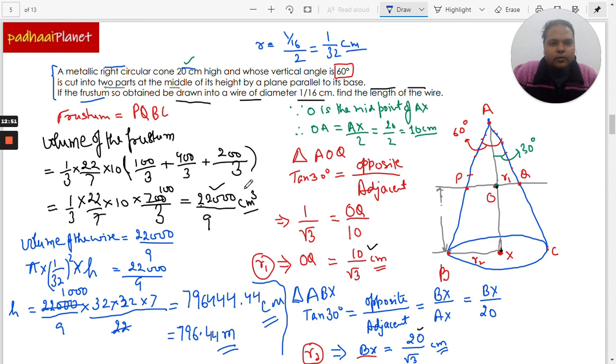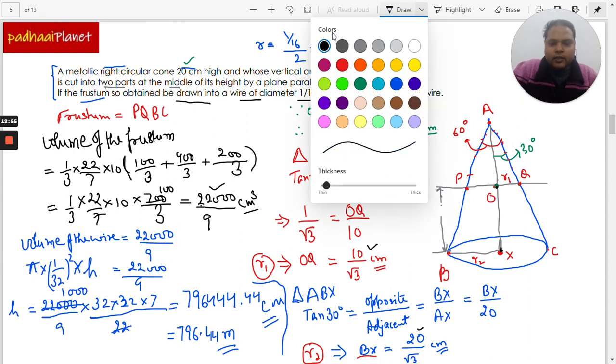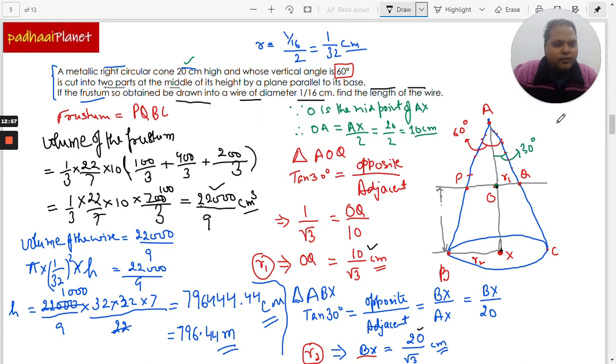It was a simple question, but the only thing is we need to be a little understanding, and there's a little trick here which they have tried to play, and they've used the trigonometry thing here, which normally students do not expect. So that's why I'm saying this question is a very good question. Solve it and understand it thoroughly. Maybe this or a similar question might come in your exams also.